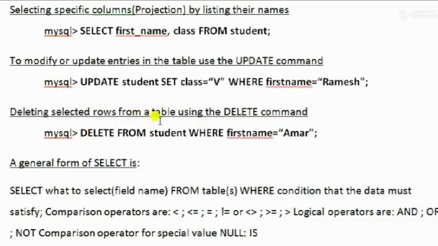So delete from student, delete the records of the student table where the first name is Amar. All the records in the table student having first name Amar will be removed or deleted.